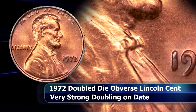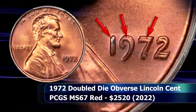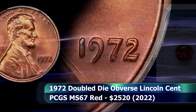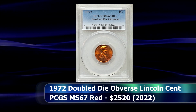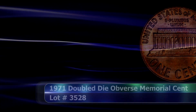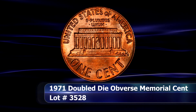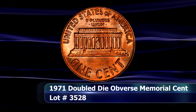The doubling is everywhere on the coin, but the date is obviously the most noticeable point of interest. The specimen seen here was graded by PCGS as MS67 red, which saw this coin close at auction for $2,520. The 1971 double-die Obverse Memorial Cent is a fantastic example of a coin that you can clearly point to